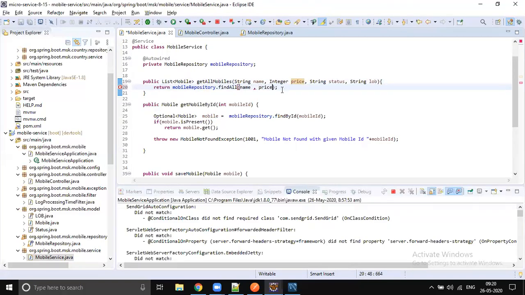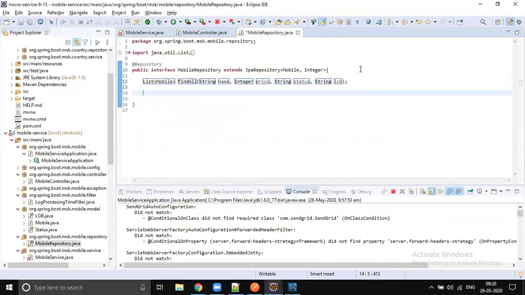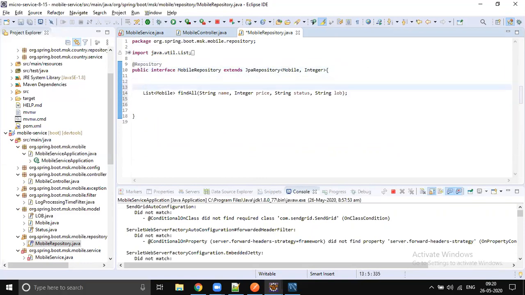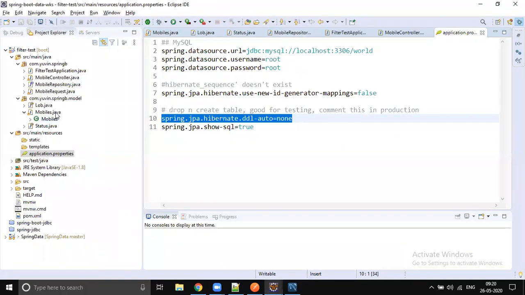Find all. There is a default findAll method, but it won't take all these parameters. So we should write a new method called findAll, which takes these parameters, right? Create a method. Now we should use yesterday's query technique to handle this scenario. Let's not waste time typing that query.